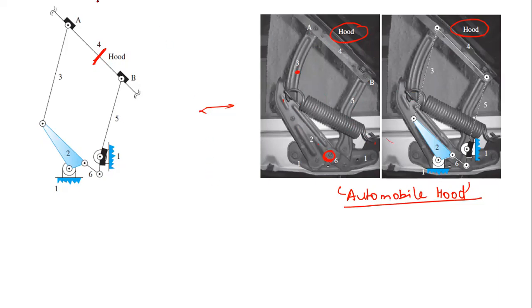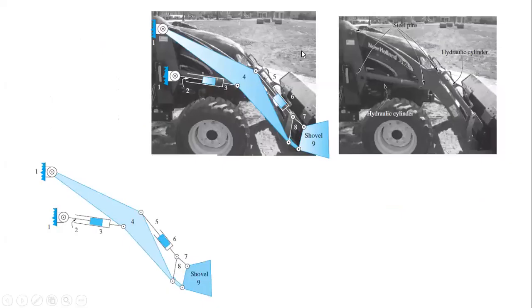Once you convert it into a kinematic diagram, it is very easy to calculate the degree of freedom. So the degree of freedom I am leaving to you. Try it yourself. Now it is very easy. You can very easily count the number of revolute pairs and calculate the degree of freedom, right? Generally this joint is called a pin joint. Most of the time the revolute pairs are actually pin joints, right? Now let us move to this one.